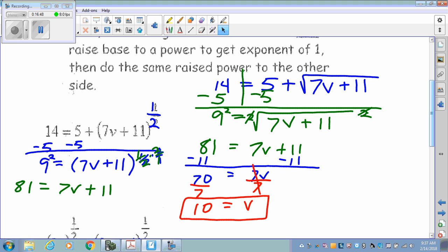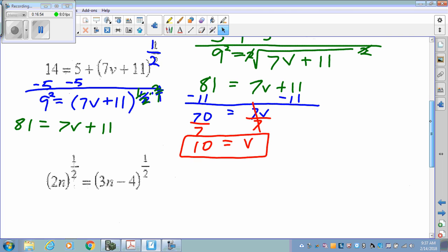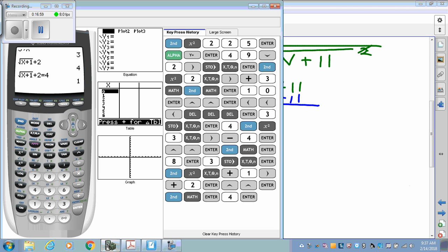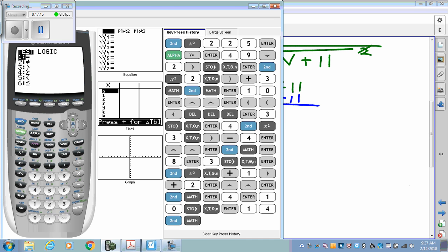Now, since I squared both sides, I should check and make sure that is not an extraneous solution. So I'll take 10, and I will store it in x, or b, whatever, and then I'm going to put it back into the original equation, which is 14. I'll go ahead and write out the whole equation. So 14 equals, I'm just going to write it exactly like it is on the paper, 5 plus